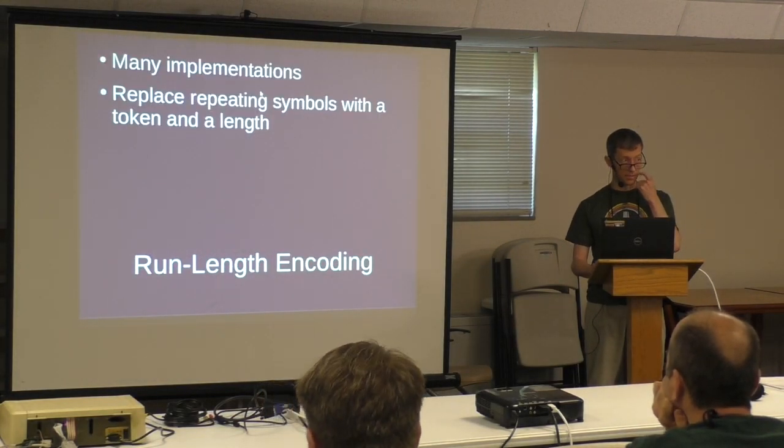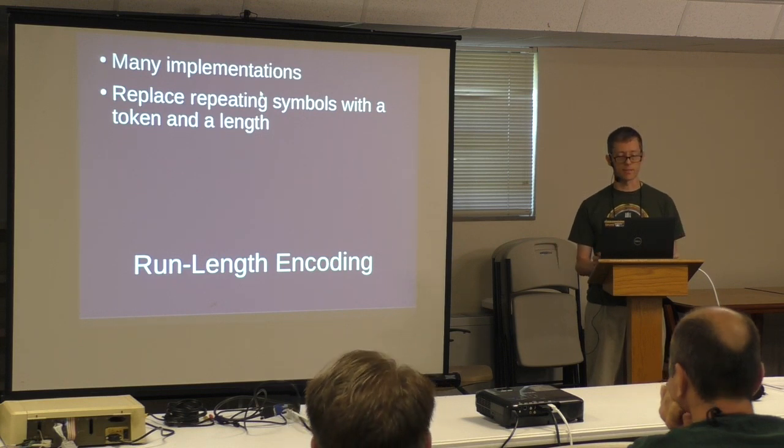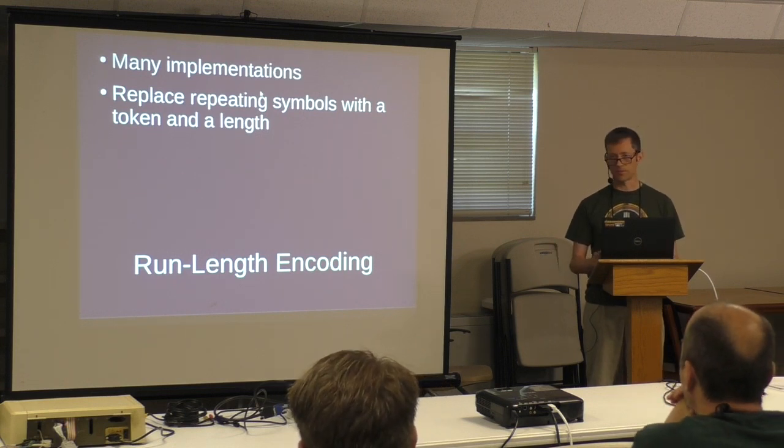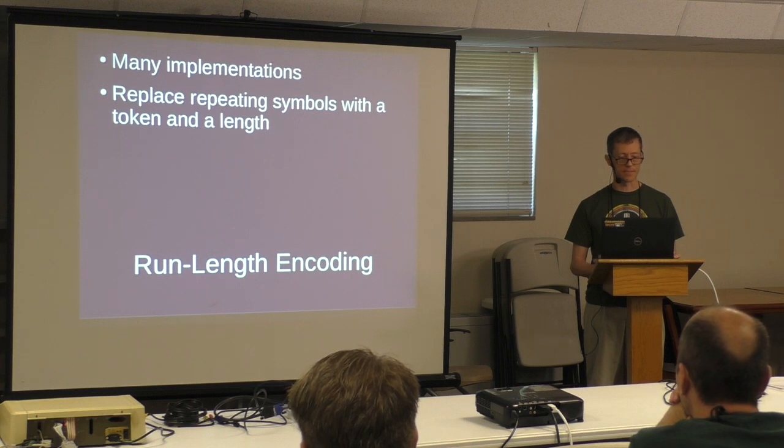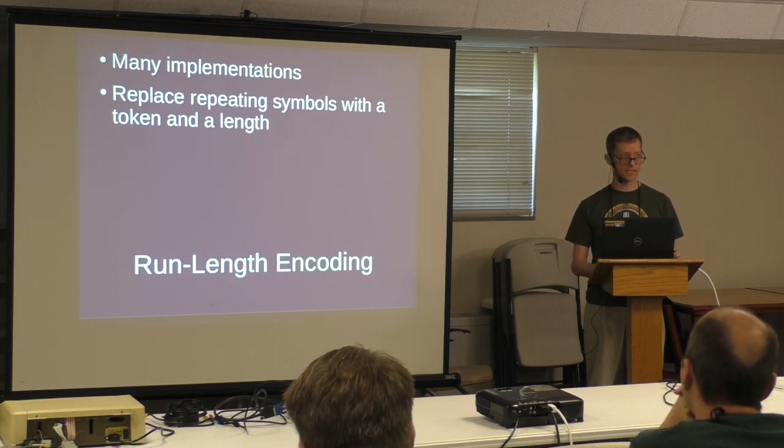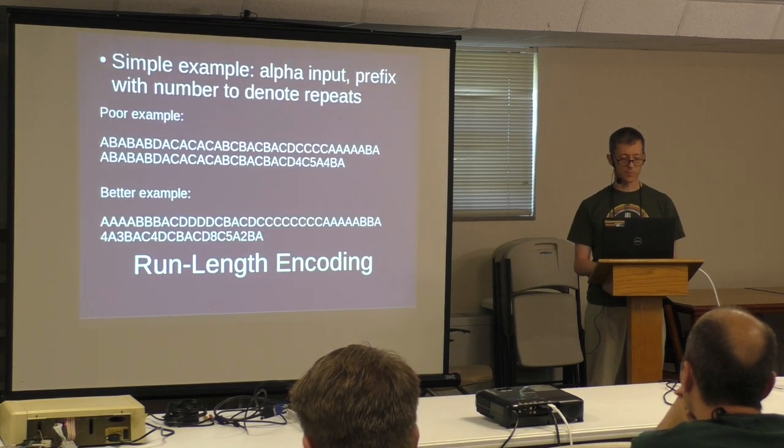Another useful encoding in 8-bit terms is run-length encoding, and a lot of people roll their own run-length encoding methods, and there's a bunch of ways to do it. But basically, anytime you see a repeat in a string of data, you replace it with some sort of delimiter and then the number of times that it's going to happen. So if we try a simple example,